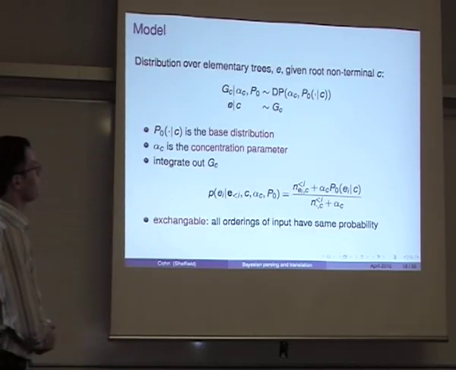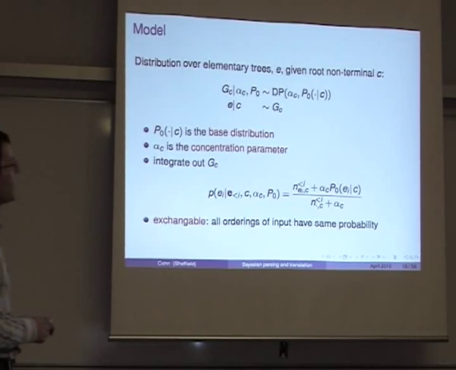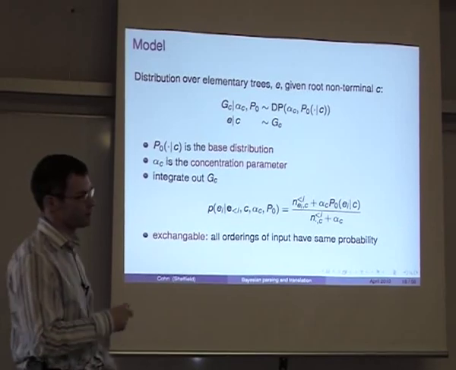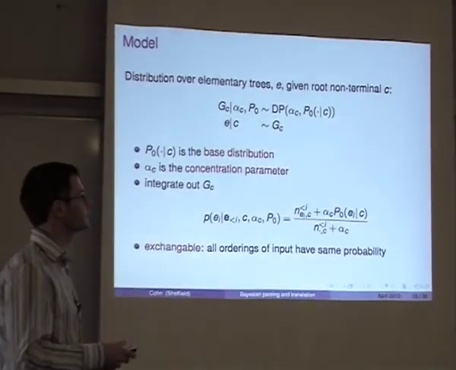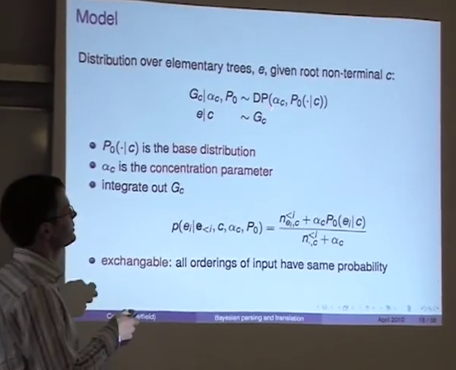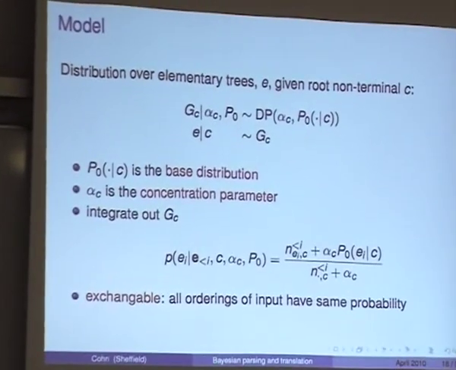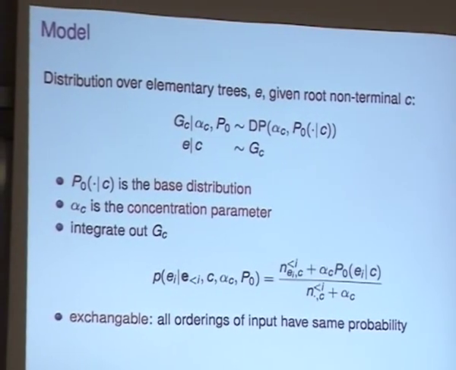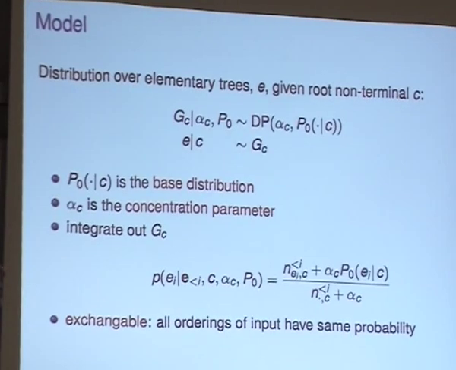Okay, so more formally, the distribution over elementary trees, we model it as follows. So the elementary tree E, which we're drawing to rewrite non-terminal symbol C, we're going to draw that from a distribution G here. Now G itself, we're going to say, is drawn from a Dirichlet process, which is a probability distribution from Bayesian statistics, which I won't go into in-depth detail, but I'll give you an intuition about. We parameterize that in two ways, and that's a prior over the types of distributions we expect to see in our model.